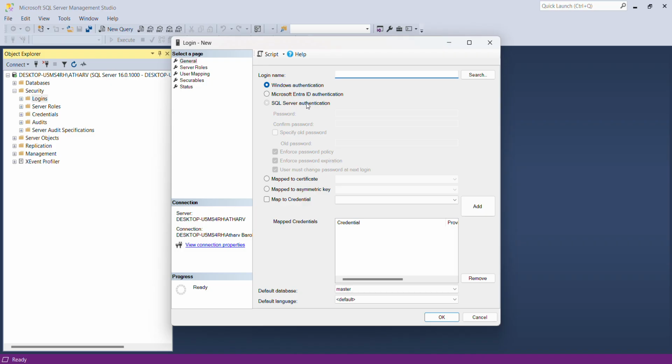use this SQL Server authentication and put your login name here. I just put Oliver here. Okay, Oliver, and just put your password that you want to use in your login. Okay, and after that we have three options here: enforce password policy, enforce password expiration, user must change password